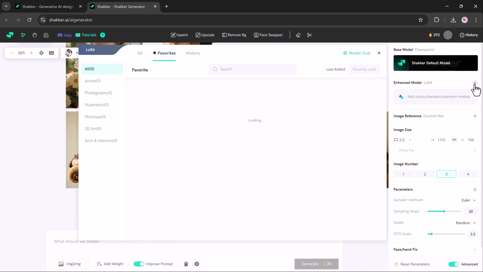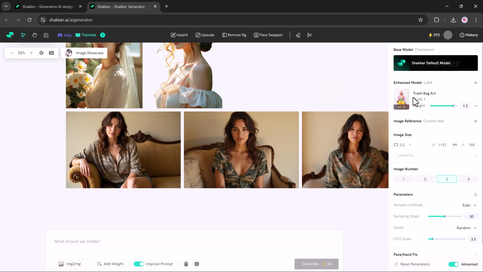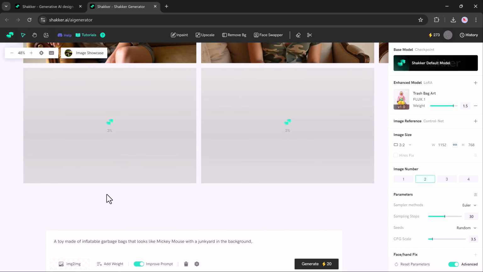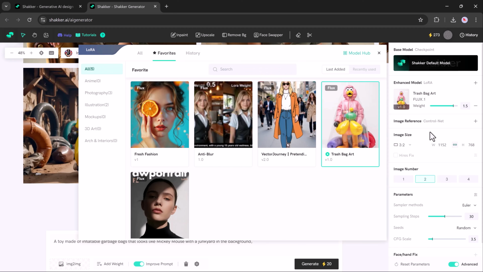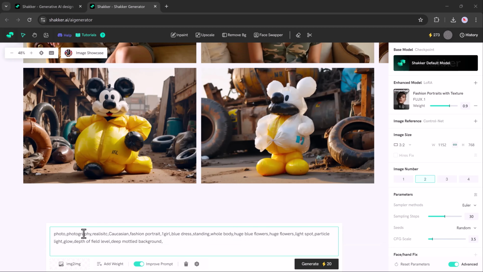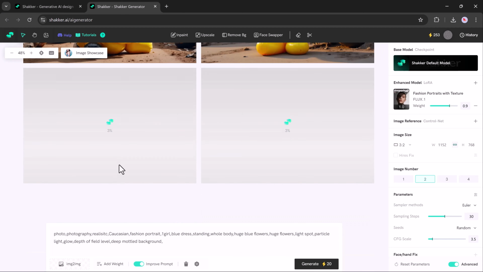Finally, let's try another model. Once you've selected this model, choose your preferred image size and the number of images you'd like to generate. After entering your prompt, prepare to be amazed by the unique and stunning visuals. Showcasing the model's artistic flair, Shakker AI is an incredibly powerful platform that simplifies the creation of stunning images using